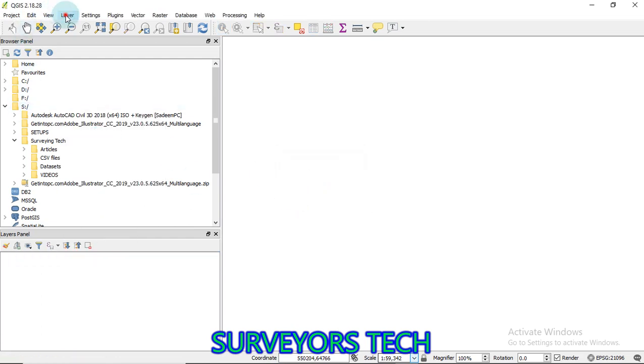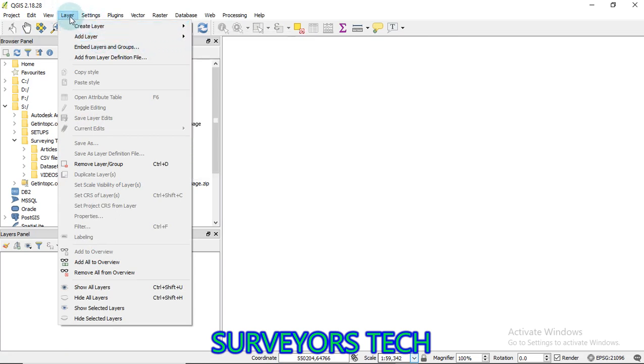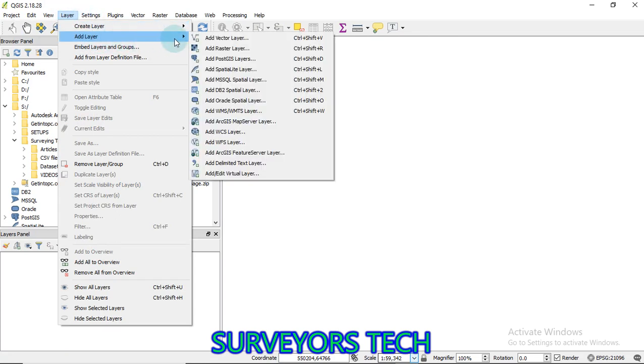So option number two: we come to Layer, then go to Add Layer, then Add Delimited Text Layer, because in this case we are dealing with CSV, which is comma delimited.